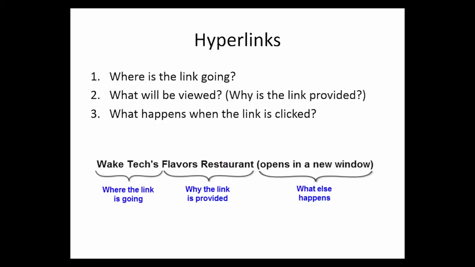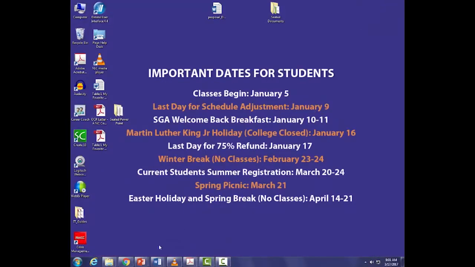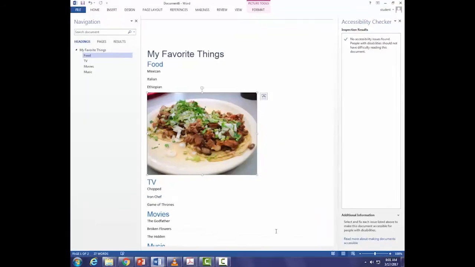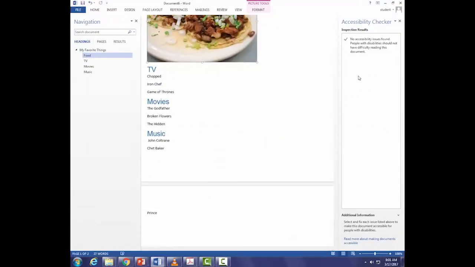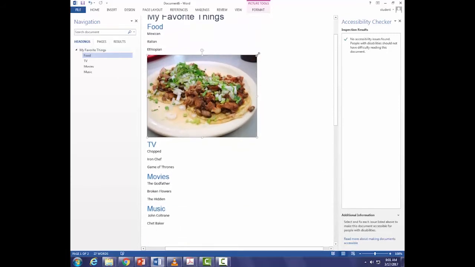Okay, not better or worse, it's just kind of different. So I need to let them know that it opens in a new window. So I'm going to show you what happens right here. You don't have to follow me along on this. I'll show you what happens when you, all right, I want you to look right over here. I'm going to make this a little bit smaller.